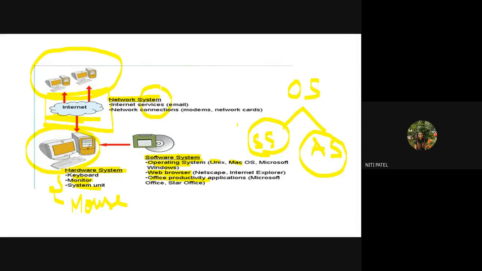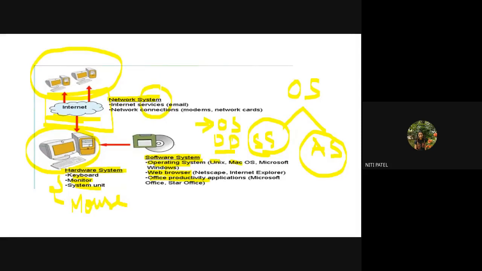So your operating system and device drivers are the examples of system software. I repeat, operating system and device drivers are the examples of system software. They come when you buy the system. You do not have to put them in. But if you want to install some external hardware, at that time you have to install the device driver also. I will explain this now.